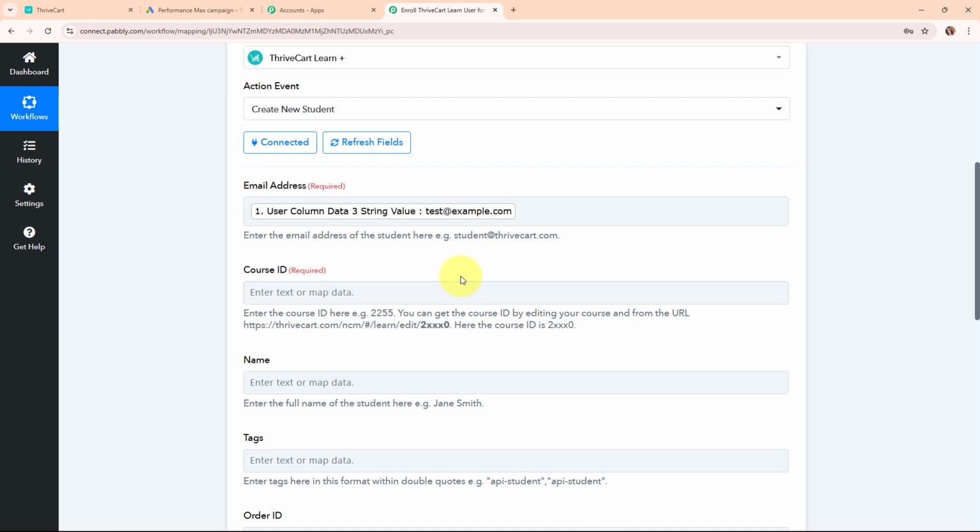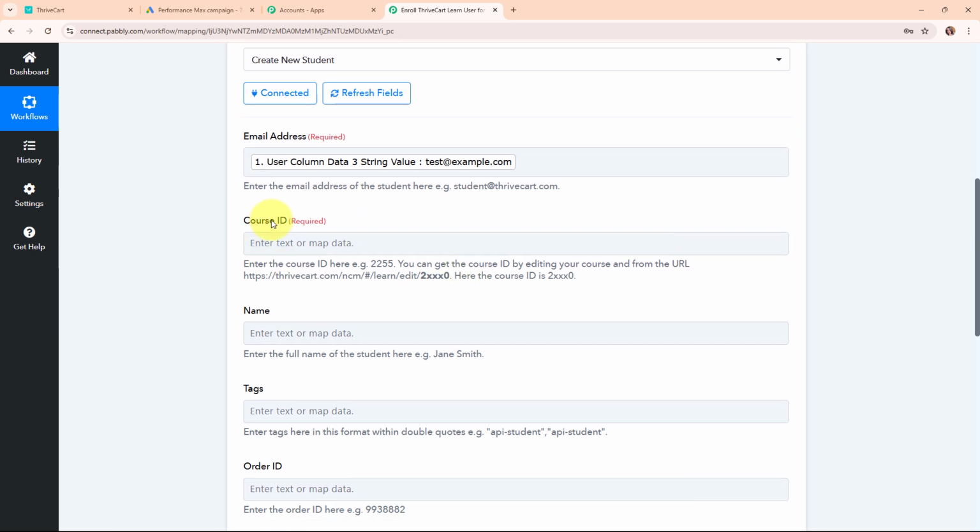So this is the email address, moving forward, and then here it is asking me for the course ID. So here to get this course ID, it says enter the course ID. Here you can get the course ID by editing your course, and from the URL, that is this, here is the course ID. So now here to get this course ID, let me take you back to my ThriveCart Learn account,